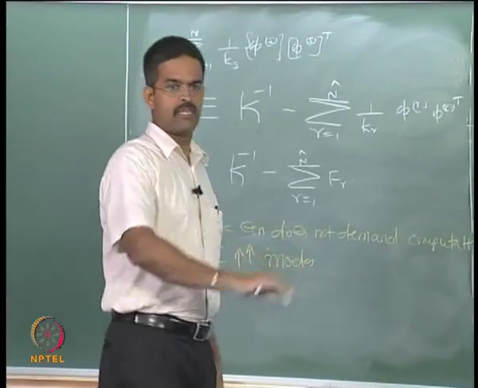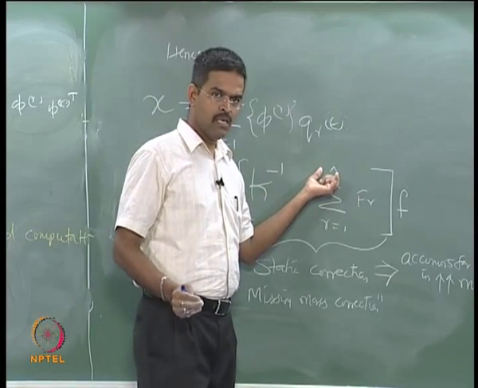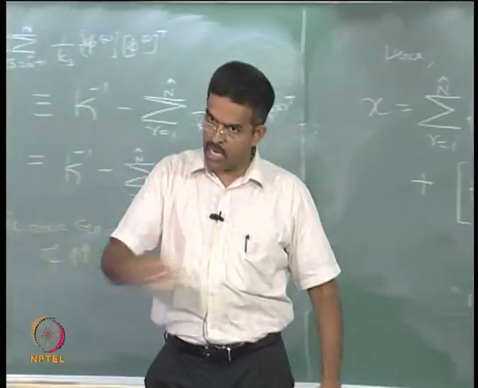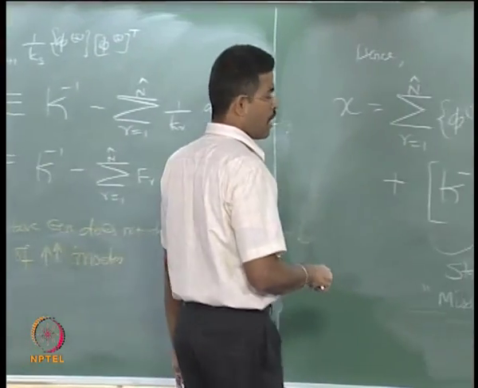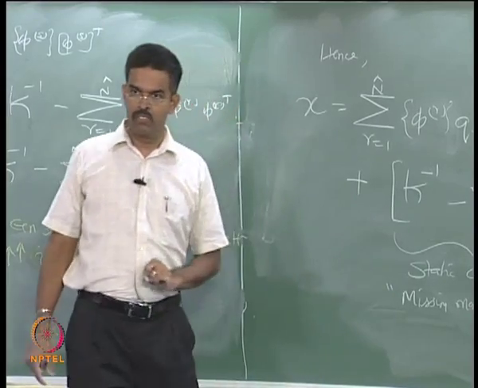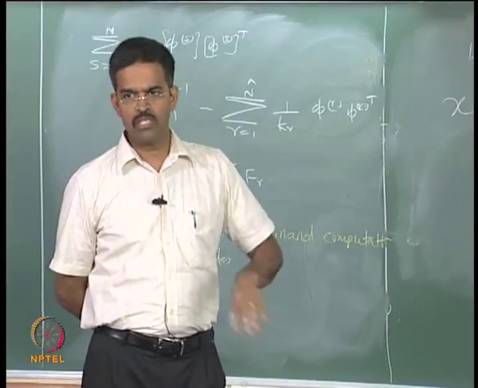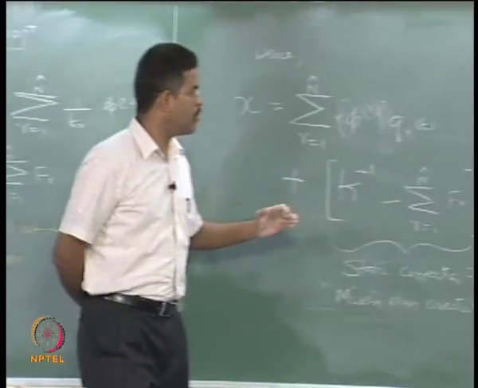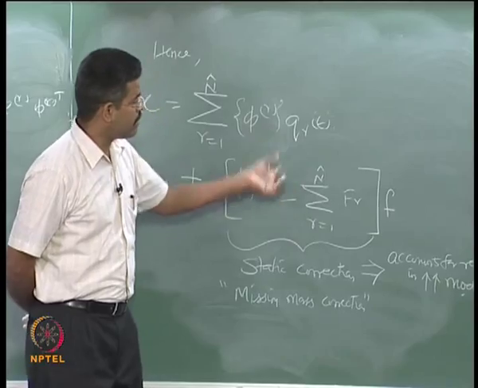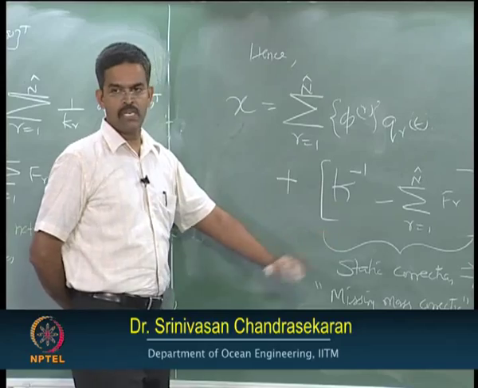Now, the question again reiterated is, where will I stop my n hat? Two cases: I must check for the frequency, which will be either equal to or lower than the highest frequency of the excitation force. I must look till that part, and I must look at the modal participation from the mass, which should be at least 90% of the total mass. Okay. If these two conditions are satisfied, then I can truncate the modes at n hat, apply this correction, and this will automatically account for the error you have obtained from the higher modes. X of t can be interestingly done.